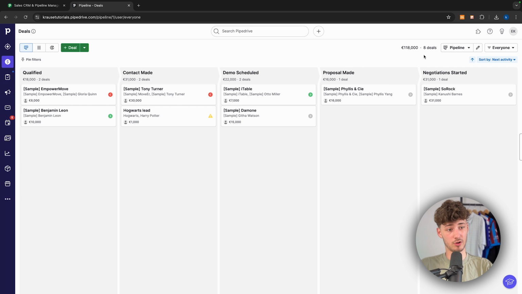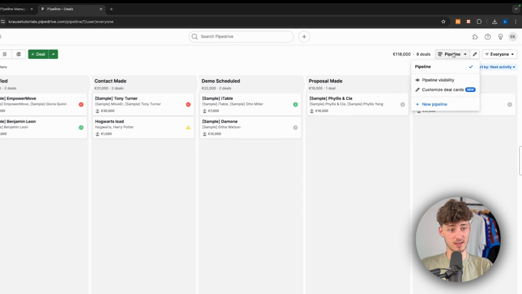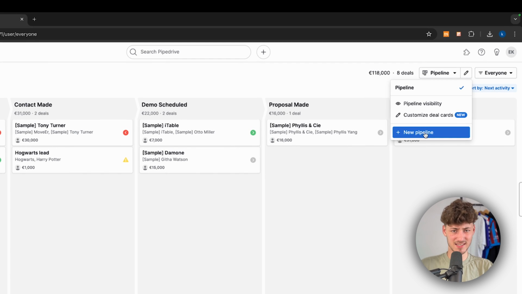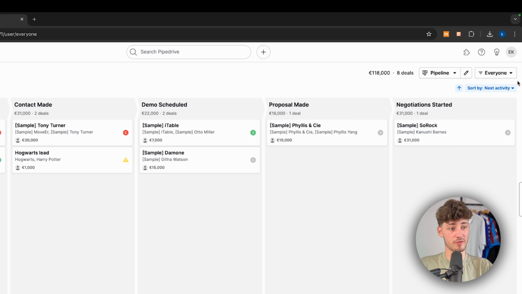Basically, with most CRMs, we are going to have a sales pipeline where we are going to see a visual overview of all of the different deals that you have available. Right here, we do have our default pipeline, which already has been created. However, we can actually also create new pipelines. Now, I see a lot of people creating 5 or 10 pipelines, which I think really is unnecessary. I think rather sticking to 1 or 2 pipelines is better, and you can actually also filter all of the